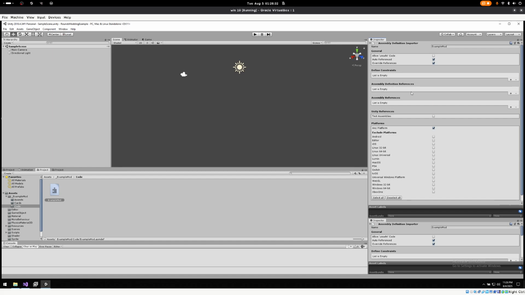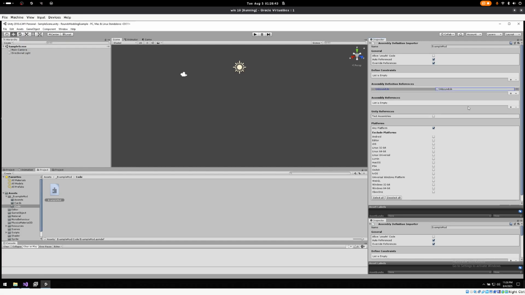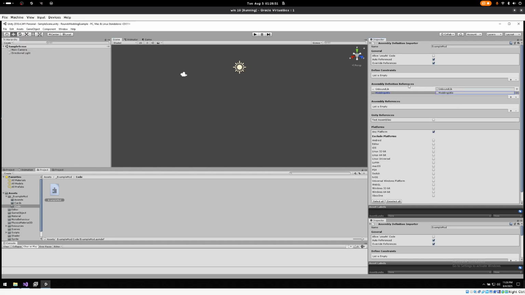So then, in this assembly definition references tab, you're gonna click plus, and we're going to select Unbound Lib, and then add another one, and add Modules. And what this is doing is it's telling Unity which other libraries you want your mod to depend on. In this case, these are just your basic modding ones. Unbound Lib is the library that basically allows us to mod Rounds, and Modding Utils is just a really helpful